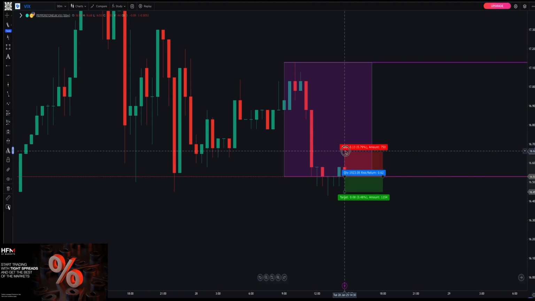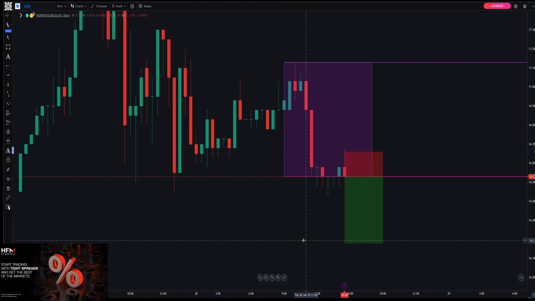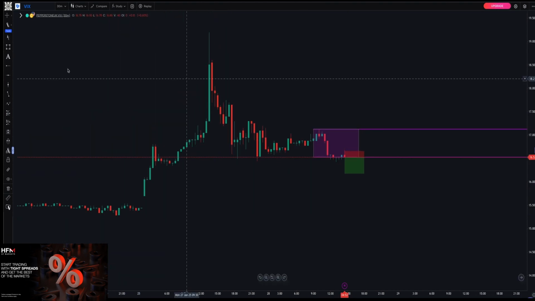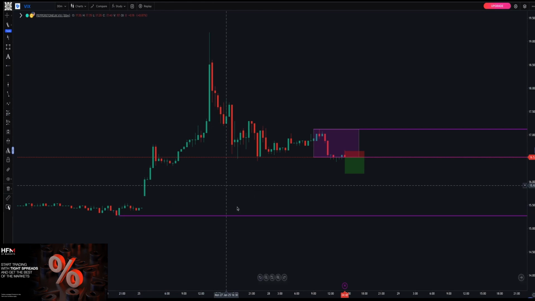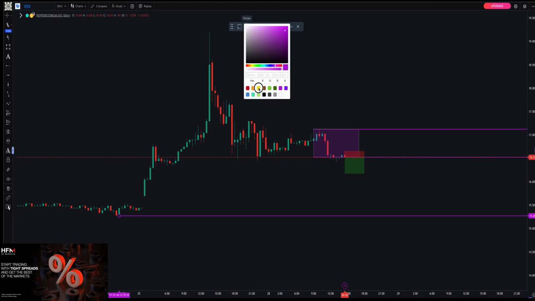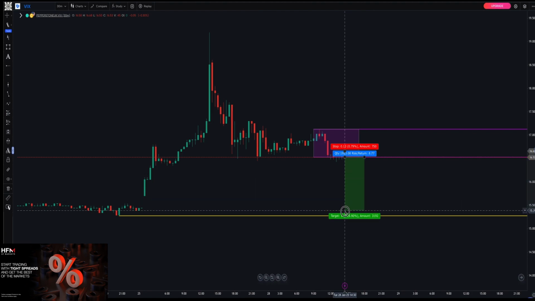Your stop loss would be just a few pips above that range, this range that these candles have formed. Okay, and then you're going to be targeting like a 1 to 2, 1 to 3, or you can target the previous lows. Because I believe that this is going to drop back to this level right here. Let me show you, to this level that is marked with this line, this white line, let's say yellow. Okay, here. So you can take your sell and then you take your profit at this yellow line